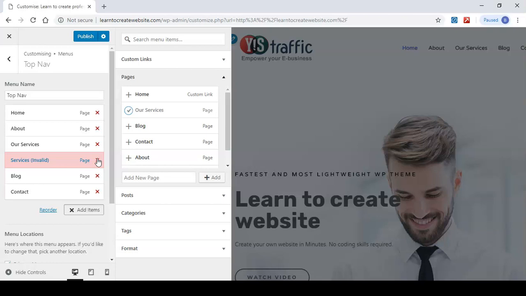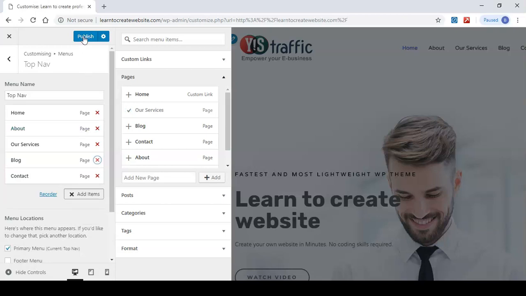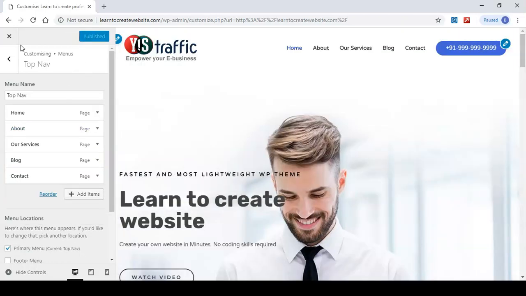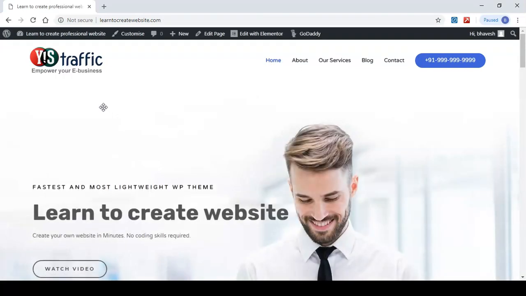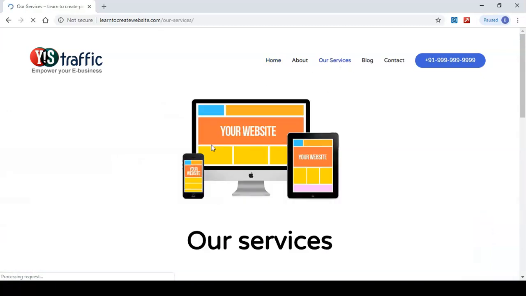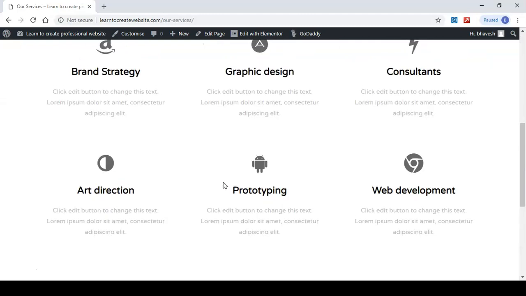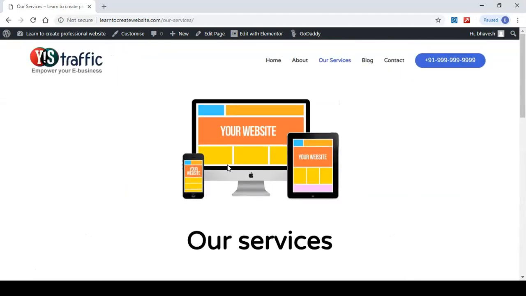Delete this services link and click on publish. Now let's close this and go back to our site. You can see that our services page is now added to menu. In this way we can manage the pages and menu section.